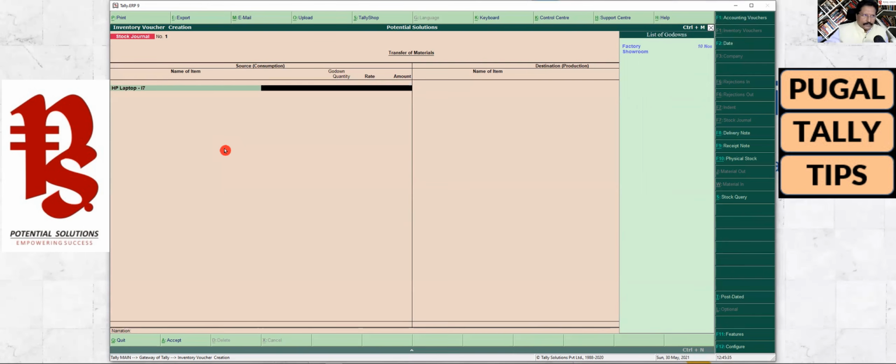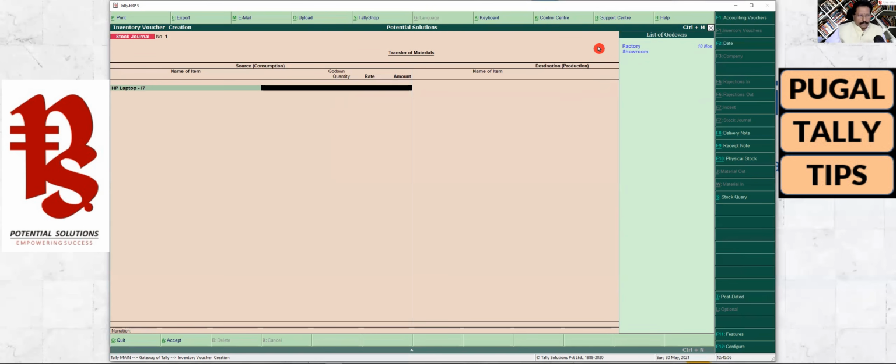Now you see here, the moment I come to the godown, it is going to tell me in which godown how much quantity is available. So we made the purchase entry, and all those items are now lying in my factory. And in showroom there is no stock.